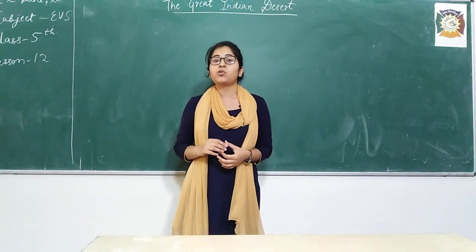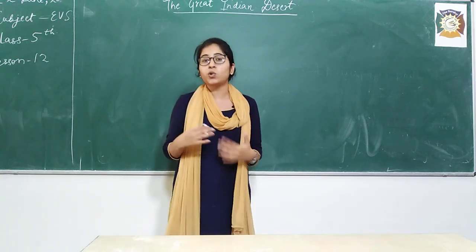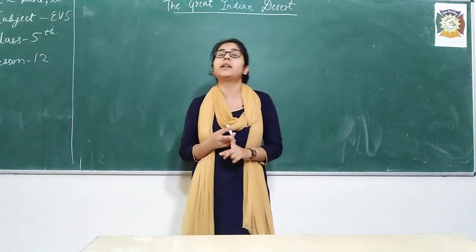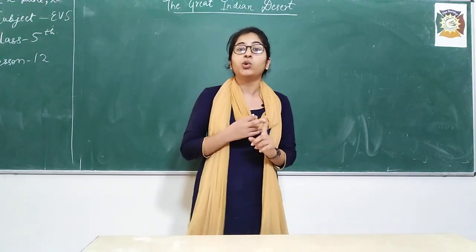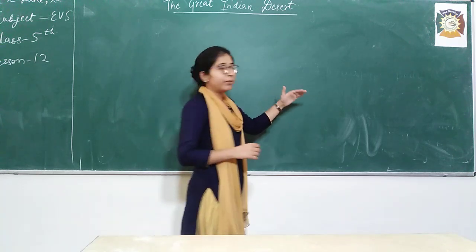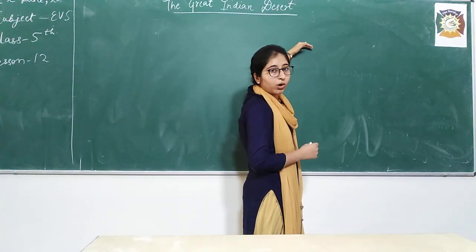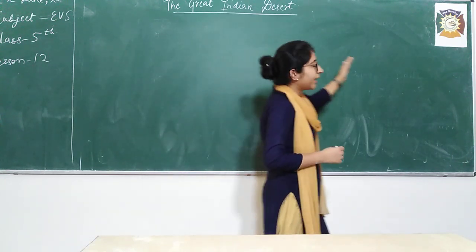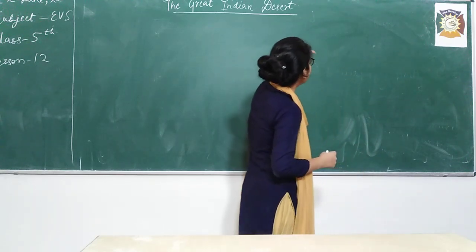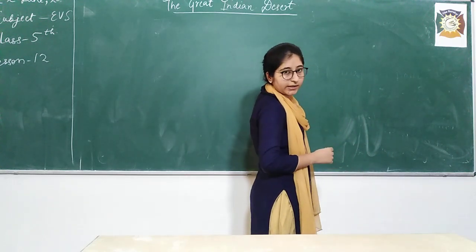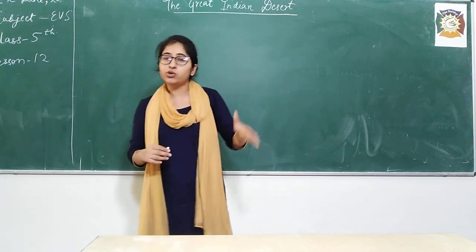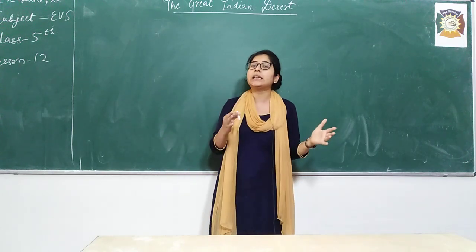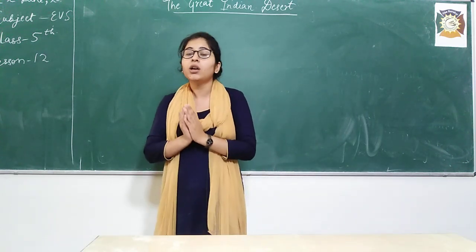So in the previous class students, what we have started? Yes, we will just go through the brief summary. We studied about the Thar Desert, its location. Where does it lie? It lies in the northwestern part. Northwestern part means like in the map, we know that at the top there is north, at the bottom it is south, right? And this side it is west and this side it is east, right? So northwestern means towards north and west, like towards Rajasthan and Gujarat. So Thar Desert lies in between the Pakistan border and the Aravalli Hills, which are located in Rajasthan and Gujarat,